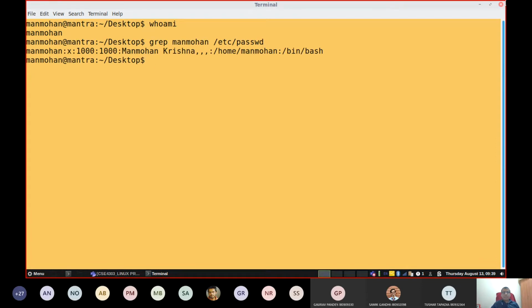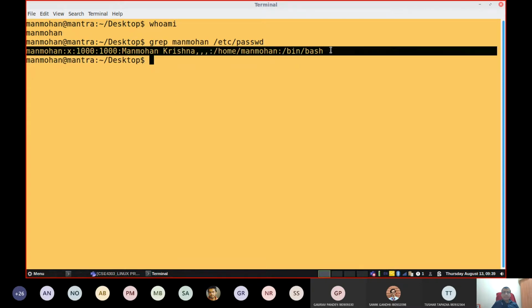Now look at this particular command. Whenever a user account is created, one entry with my user account detail is stored in a separate file called passwd, P-A-S-S-W-D. Now here you can notice this particular line. This is the user account details, particularly my user account details in this case.